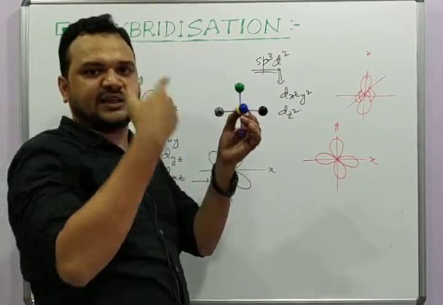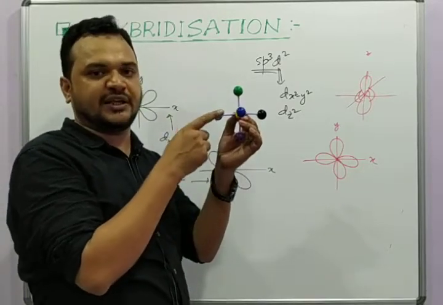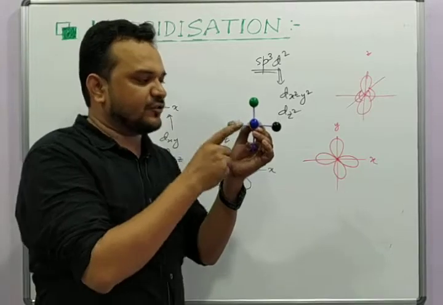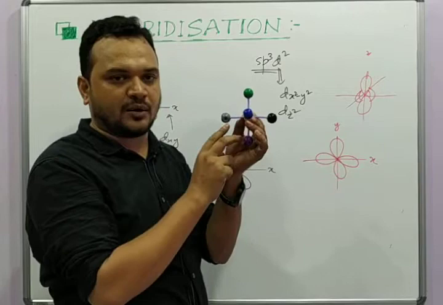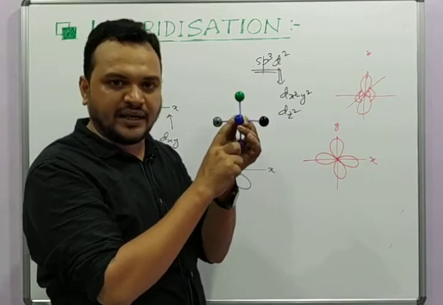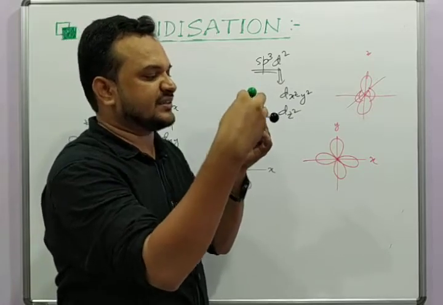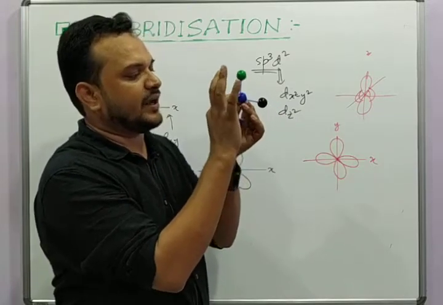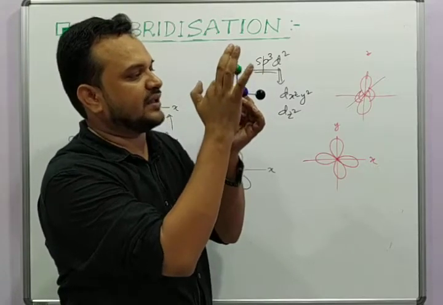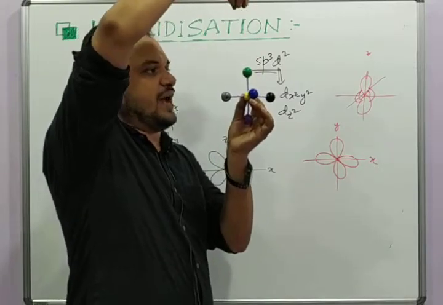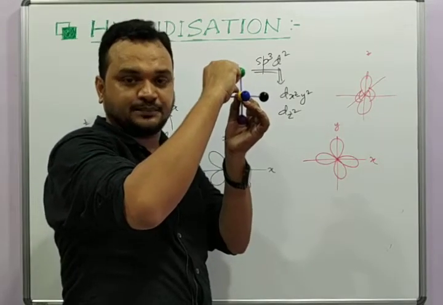So it becomes easier for the fluorine atom to overlap with the sp3d2 hybrid orbital if the sp3d2 hybrid orbital involves the two d orbitals which are oriented along the axis. Then it will get a greater extent of overlap. If the d orbital of the sulfur is also oriented along the axis and the F atom is approaching along the axis, then the overlap will be substantial.